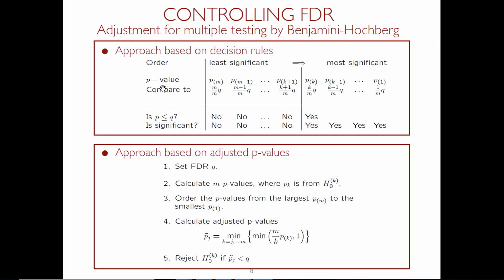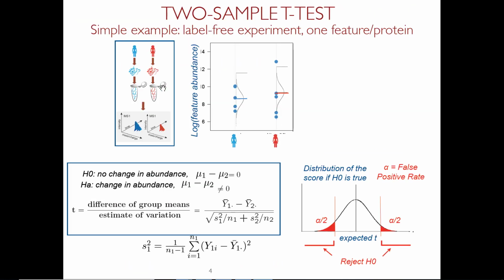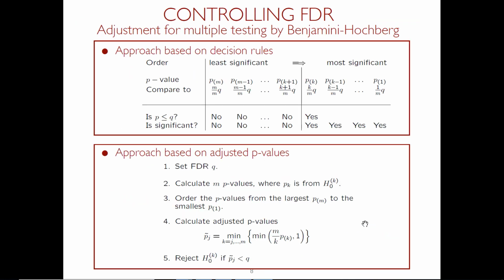And just like with the regular t-test, we have two options to make decisions. One is based on the decision rule: whether our signal to noise is inside or outside of this area. Or we can make it based on the p-value, right? Is the p-value less than 0.05 or more than 0.05? So when we adjust for multiple testing with false discovery rate, we have the same two options. So this was the original